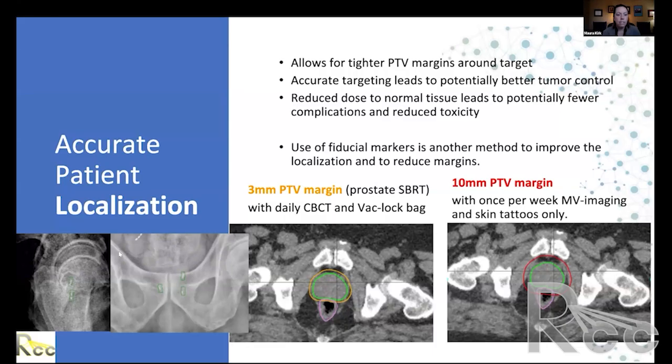On the left is an example of a prostate patient with markers in their prostate. Typically, when markers are used for prostate positioning, we use 3 markers. And in your planning phase, you would want to contour those markers with a small margin. And then those contours of the original position of the markers can be used in your KV or your cone